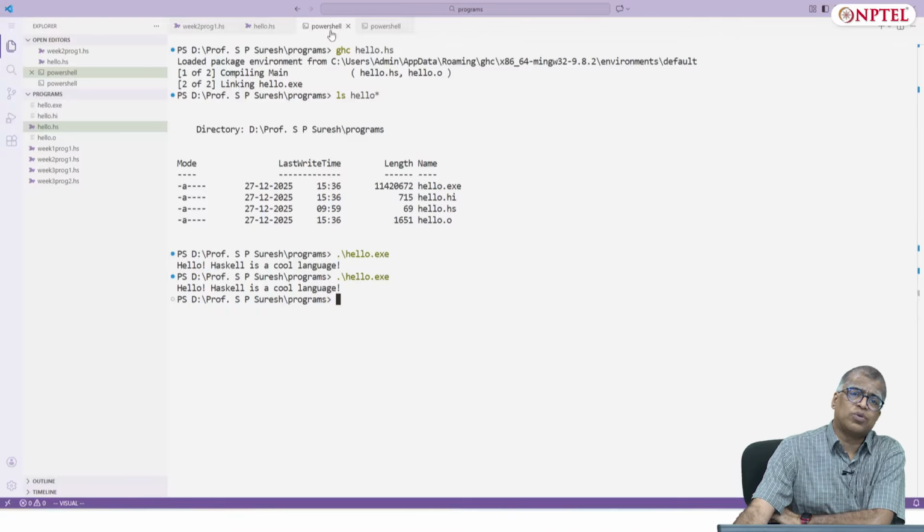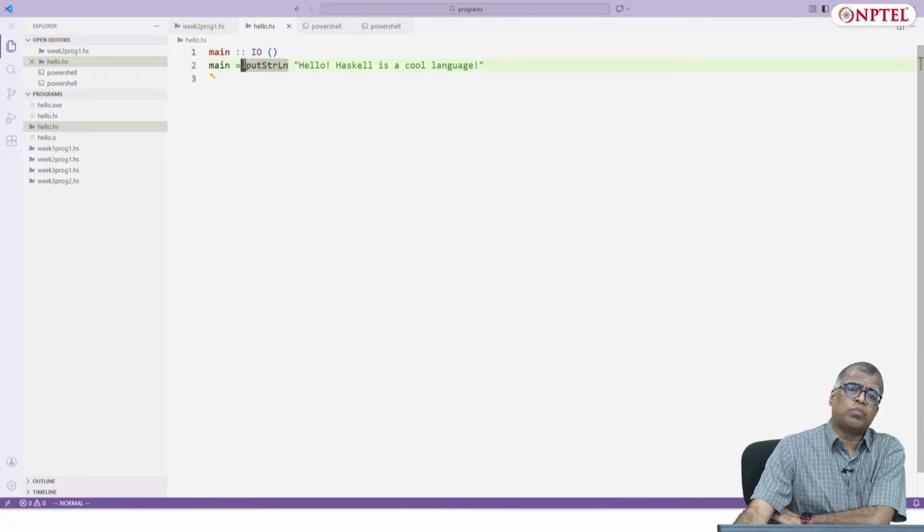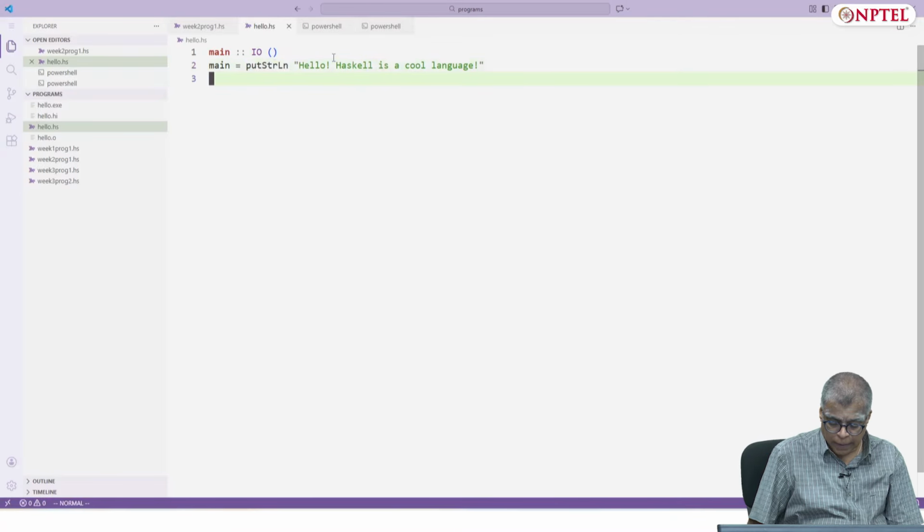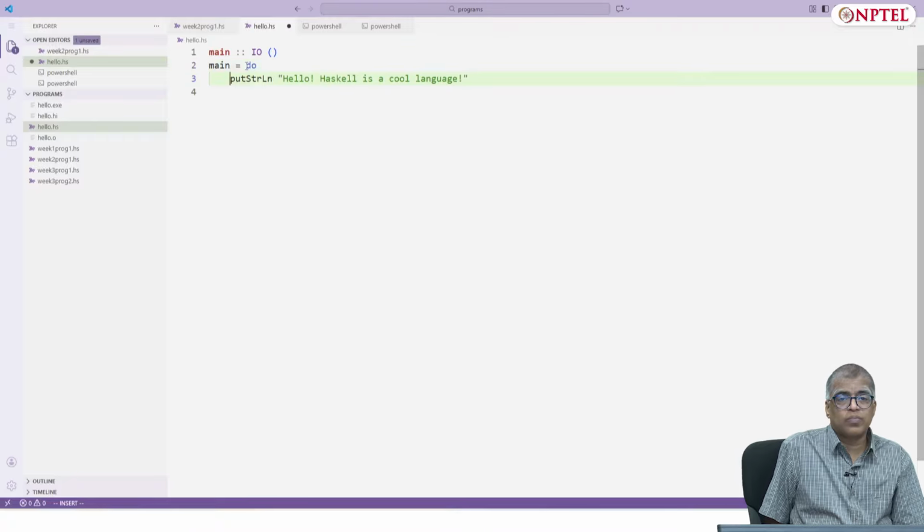You can change it, of course. You can put multiple lines of output, but if you want to do that, you have to put it in something called a do block.